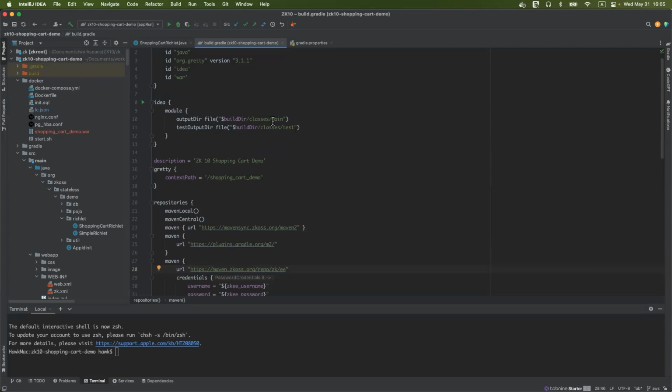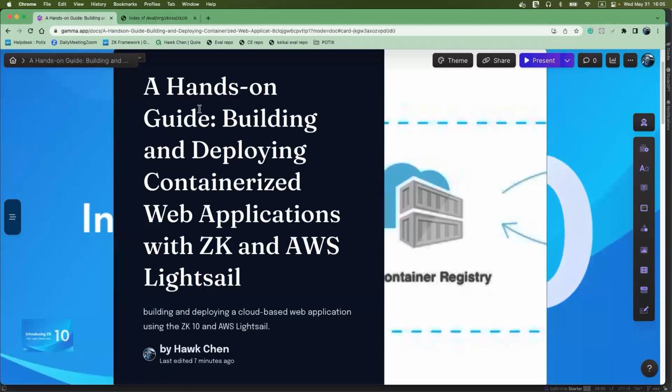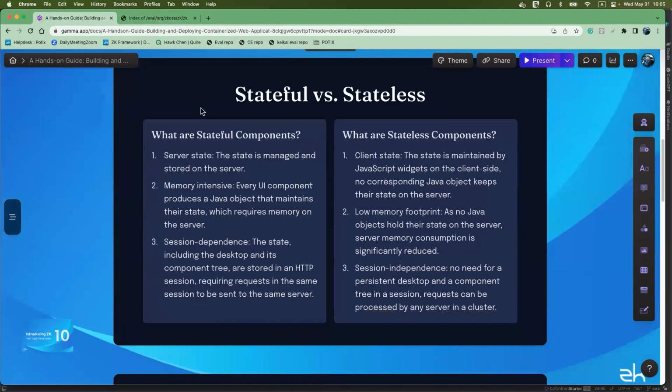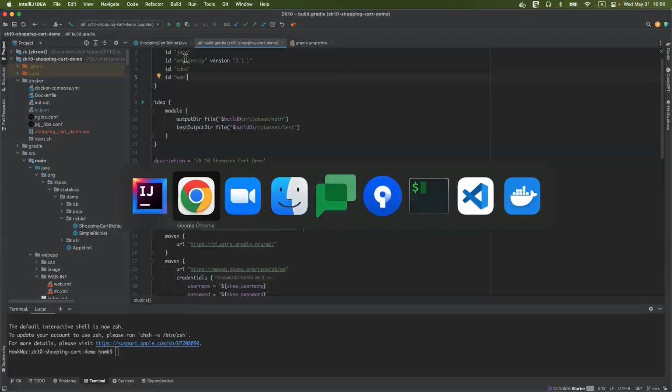Before ZK9, including ZK9, we only provided stateful components. So what's the difference between the stateful and stateless component? Let's do a comparison here. First, in previous ZK, we provide what we call stateful component. Okay, so the stateful component is, okay, wait, let me